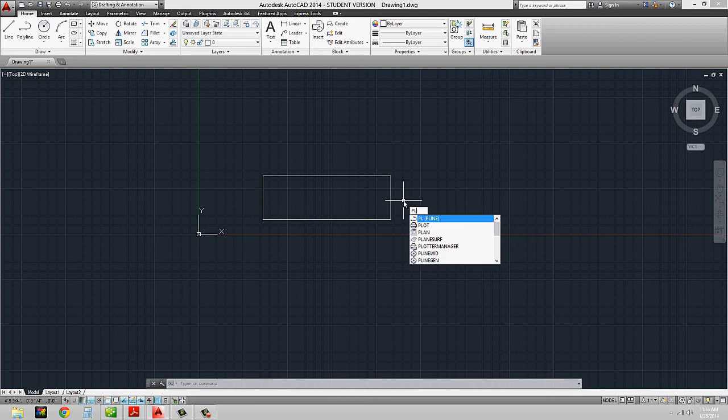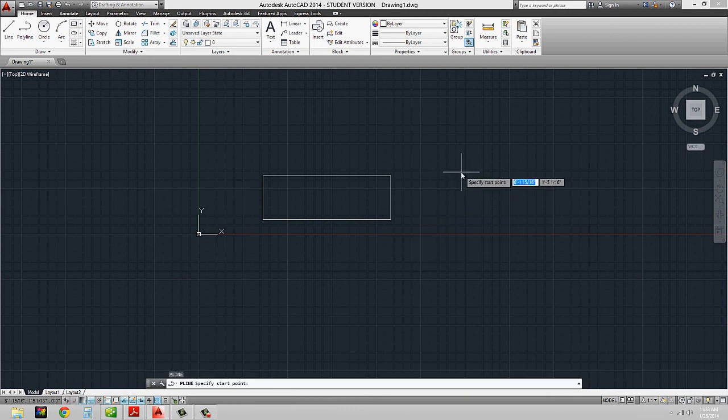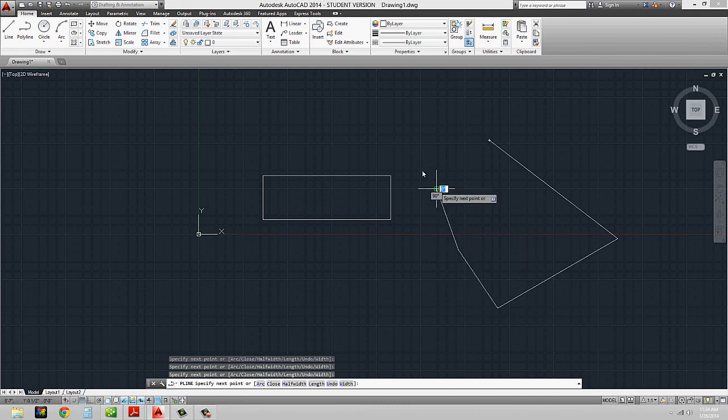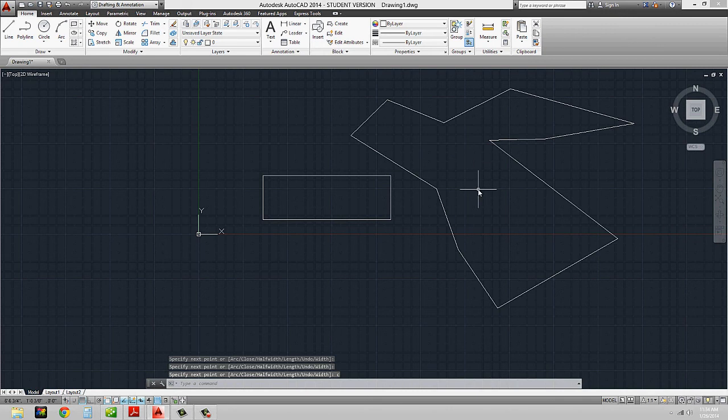Okay, I'm going to type in PL again for polyline. And this time I'm going to take my F8 or my ortho, I'm going to turn it off so that you can see a little more fluidly what this command can do. And I'm going to just make a random shape. Okay, so I'm just going to click and specify my start point. I'm going to click on another point, another point, another point, and I can keep going, until I want to end that shape and do C and enter. And what it does is it snaps it back to that first point and it closes out the command.